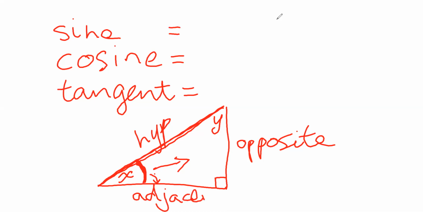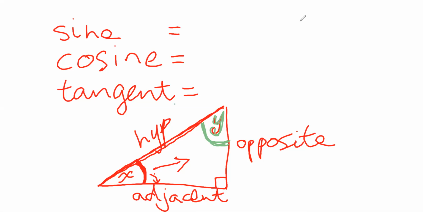Adjacent means the same as next to, but obviously in trigonometry we refer to it as the adjacent side. When we're talking about angle Y,